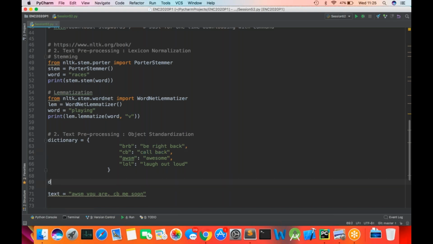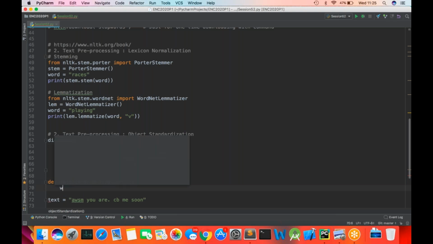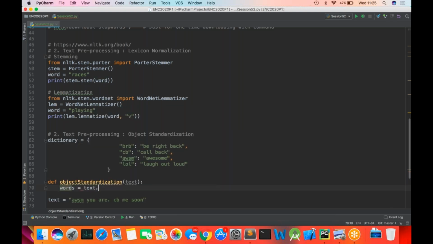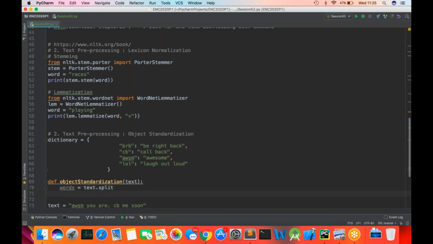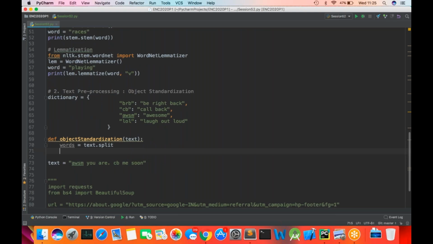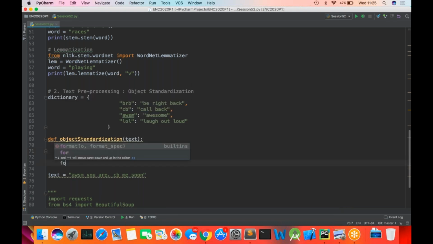So I'm gonna come here and say define object standardization. For the object standardization function, we're gonna take the input as text and write some program here. First of all, let us get all the words from your text. This is very basic. You can say text.split and you will get all the words. And I'm gonna create one dictionary here, which is basically going to be substituted words. It's gonna be an empty dictionary to begin with. So for word in words,